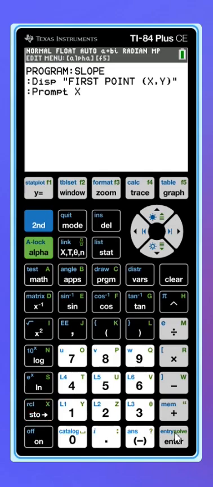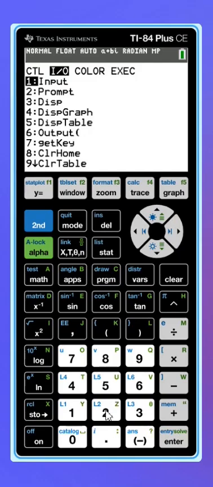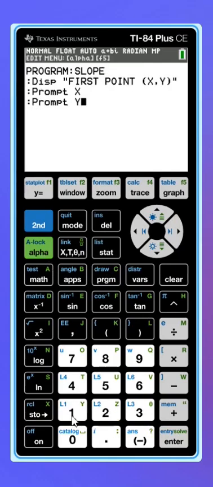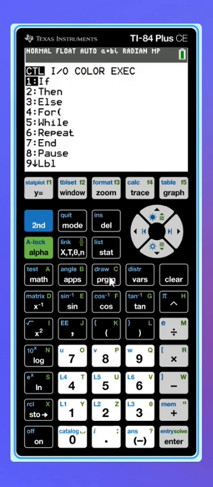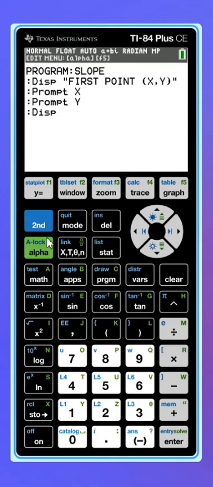So we want x, and we want y. Now we're going to ask for the second point. So program, display, quotation marks, second